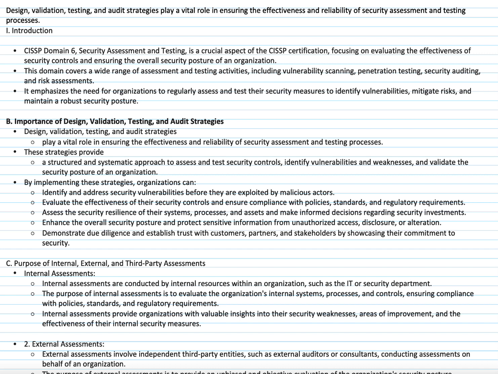So we're going to talk about what you would expect to do as it relates to a security assessment and tests and how that ties into the CISSP exam, because they go hand in hand. The one great thing about the CISSP is whatever you study for, you will end up doing in some form or fashion as it relates to your job when you move on to one of those roles. So it transposes very, very well. So we're just going to begin this conversation on how to do audits and security assessments.